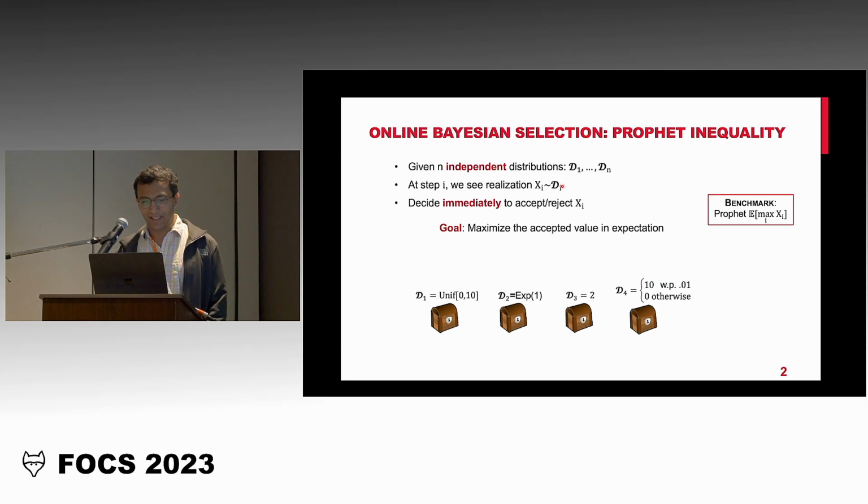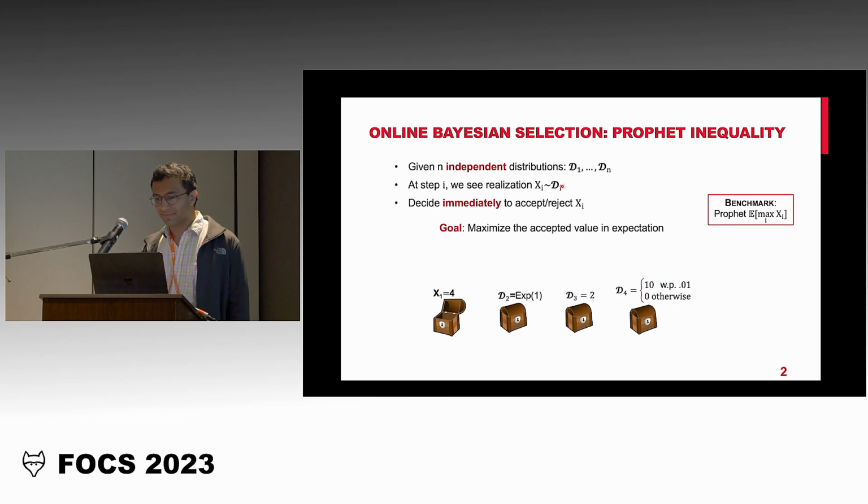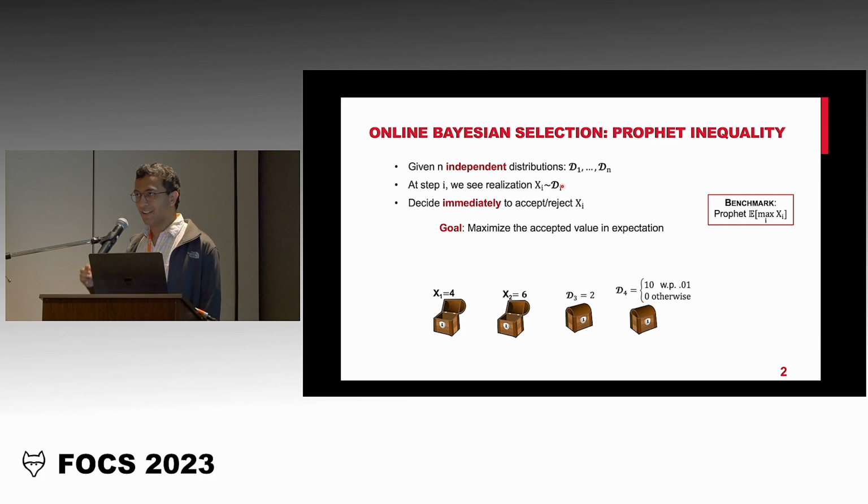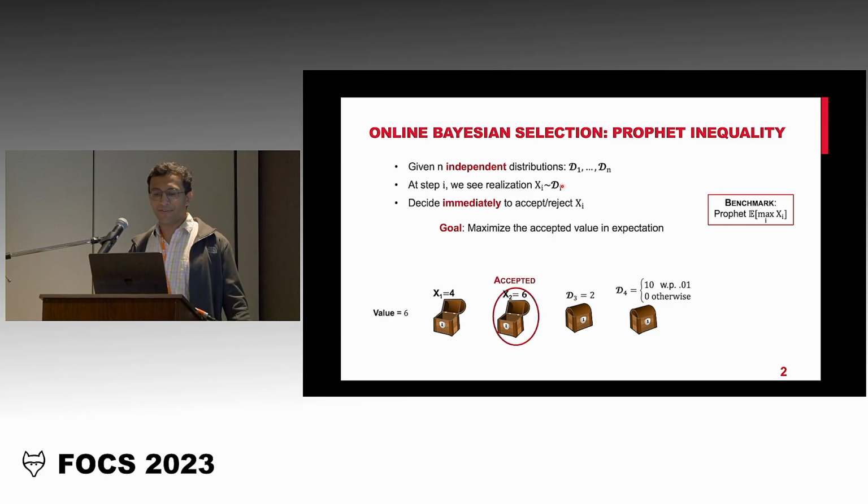Let's say, as an example, the first random variable turned out to be 4. It was uniform between 0 and 10. Remember, I know the distributions for all of them, but I don't know the exact values. I need to decide, am I taking the first box or not with value 4? Let's say I decide maybe not to take it. I go to the second one. The second one turned out to be 6. Now I need to decide whether I'm taking this or not. Remember, 4 is now gone. 6 is the option. And let's say for some reason I decide